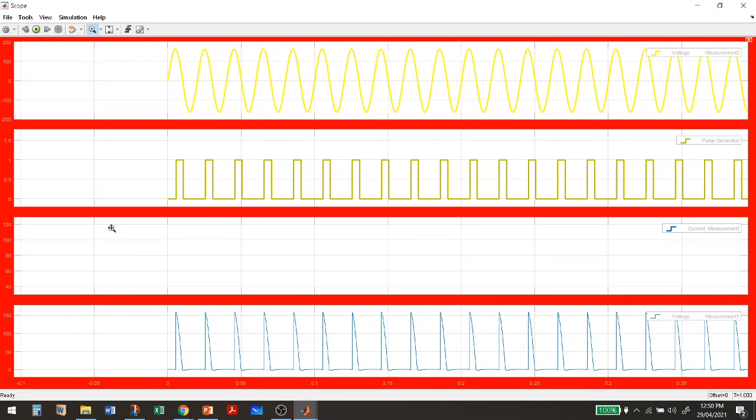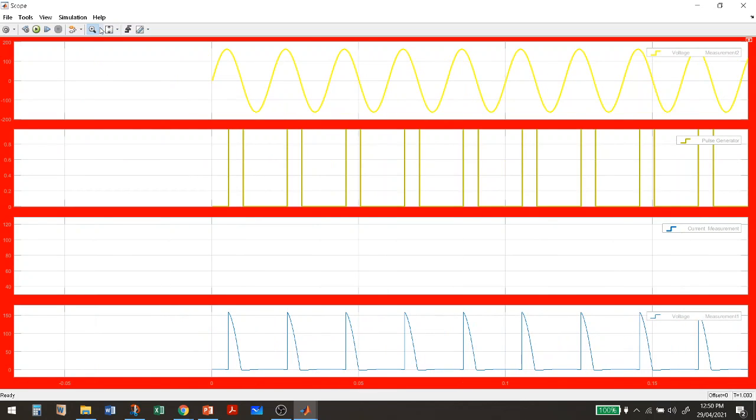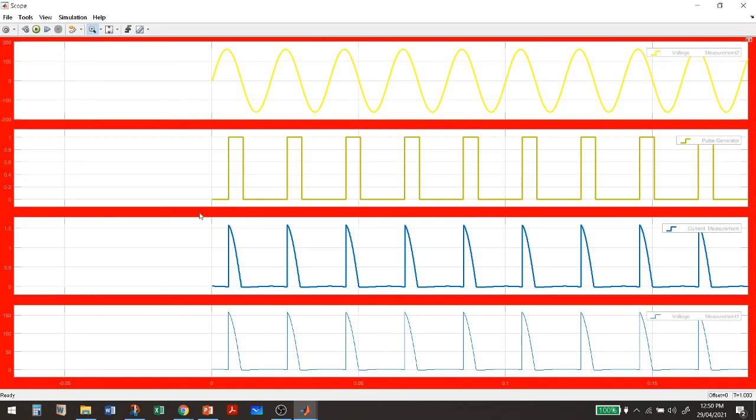Double click, and then you get an output. So this is the pulse generator output. You can see the second waveform. You can change the color also, as I told you about the color changing options. So this is your pulse generator, it will give you the output.